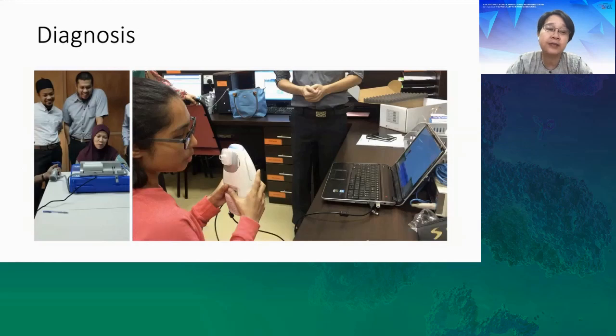The other way of diagnosing asthma, from the GINA guidelines, they do accept what is known as the FeNO test. FeNO is fractional exhaled nitric oxide, and it's a marker of inflammation, meaning the higher the value, the more inflamed your airway is, and we know that asthma is an inflamed airway. So a value of 40 parts per billion or more tells you that it favors asthma.